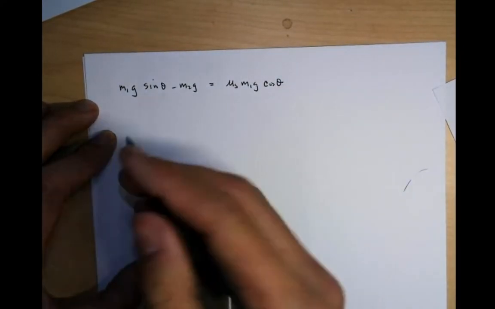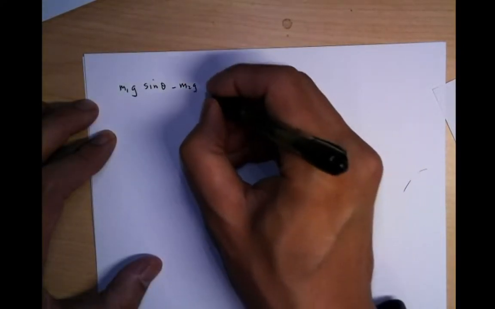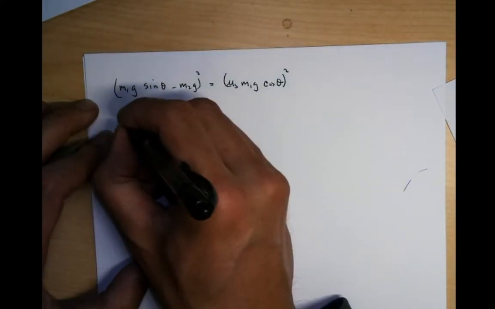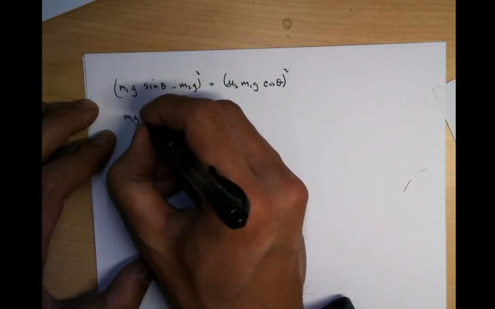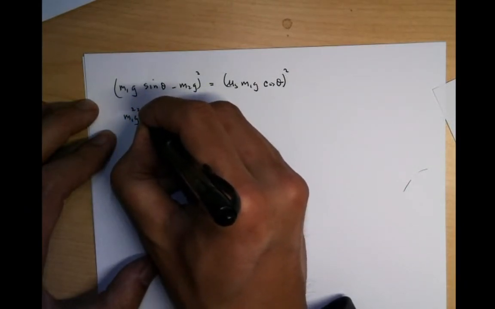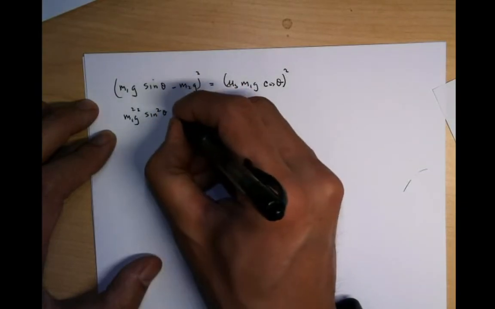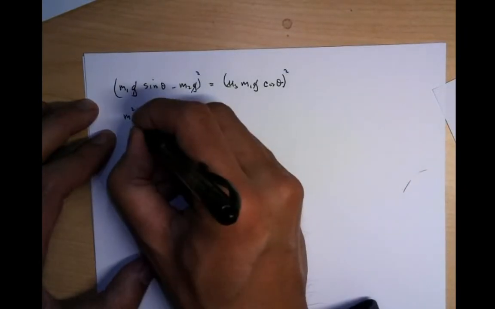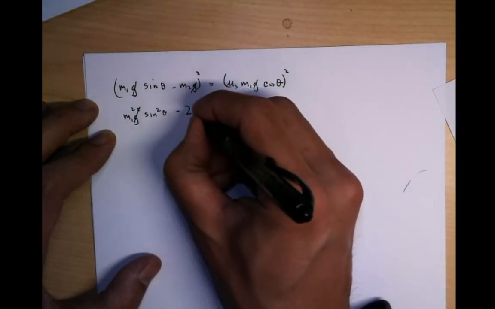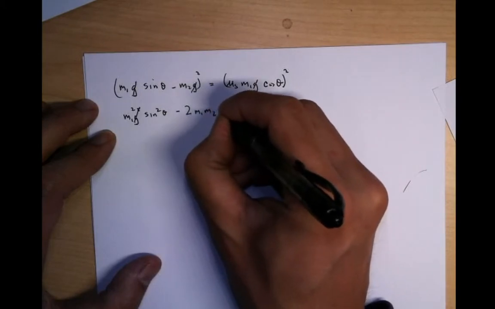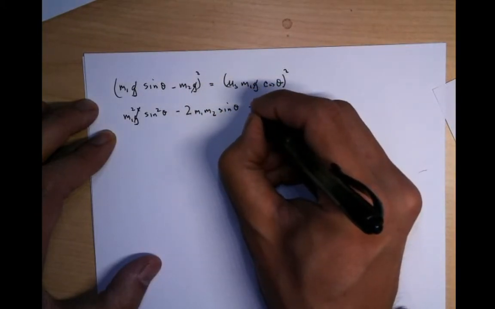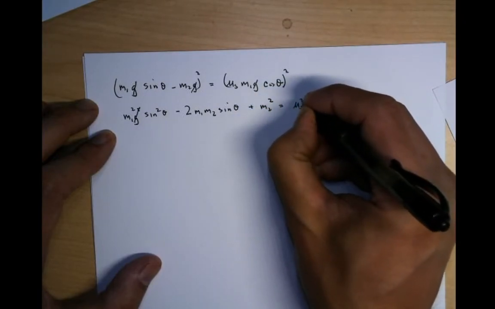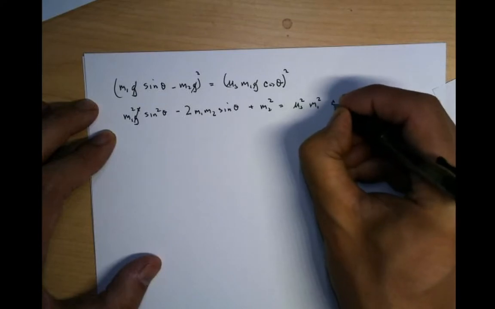All right, so now let's go ahead and square everything first. m1 squared sine squared theta minus 2, well, let's just kill off the g's first, right? We don't need the g's. Minus 2 m1 m2 sine theta plus m2 squared is equal to mu sub s squared m1 squared